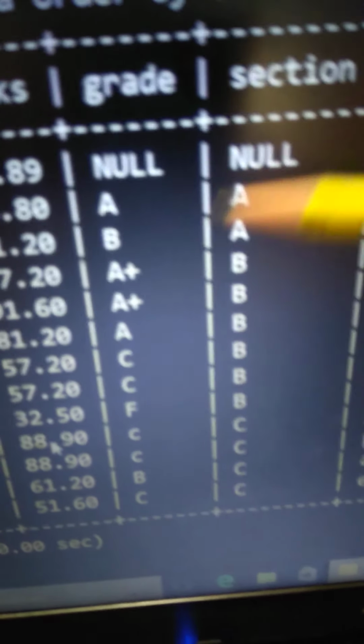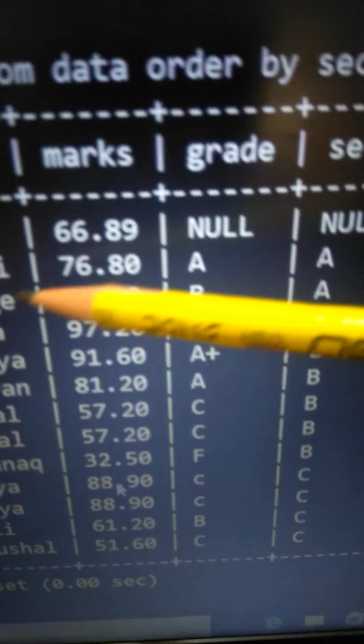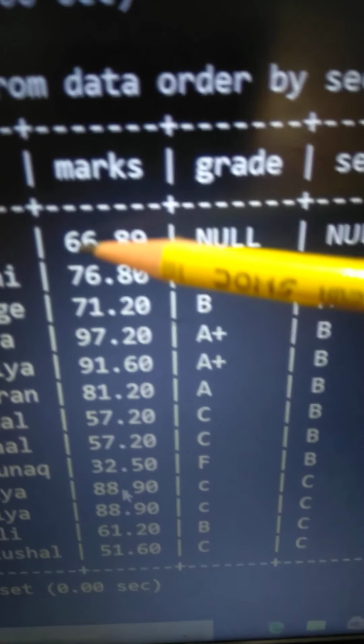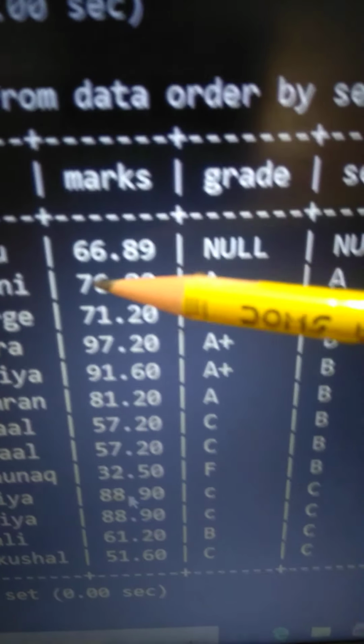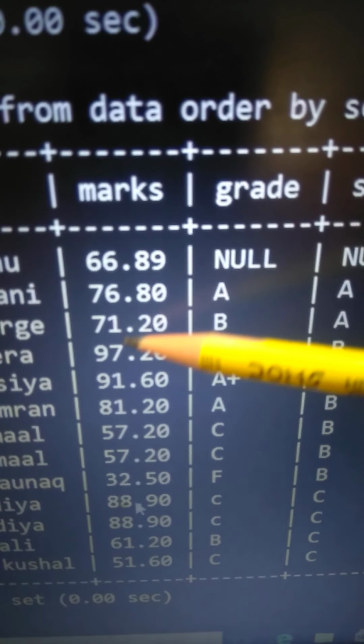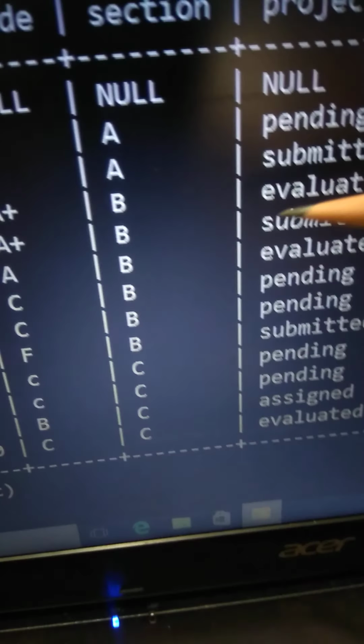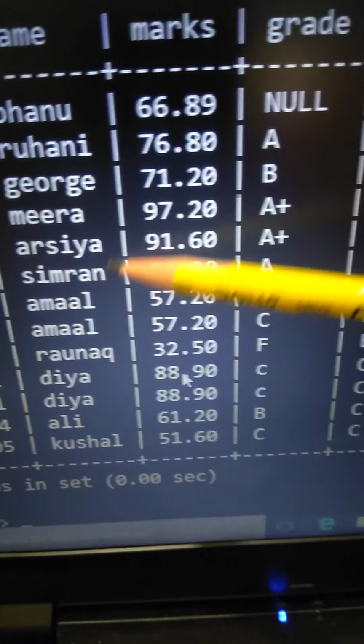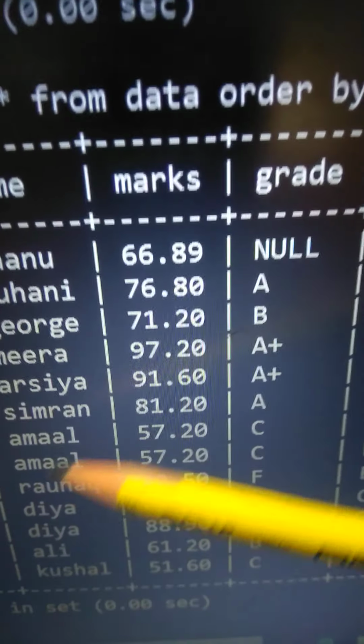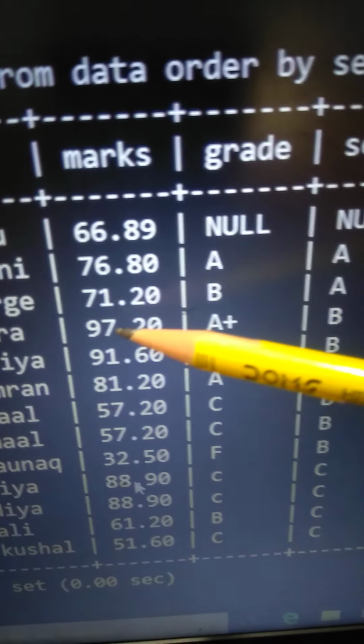After that, when the section value is common, it puts marks in descending order, because we gave the second priority to the marks field. So 76, 66, like that it is coming. Same way for B we can have 97, 91. First of all it takes this field as ascending order, then after that it puts this field in descending order, as we have given in the query.